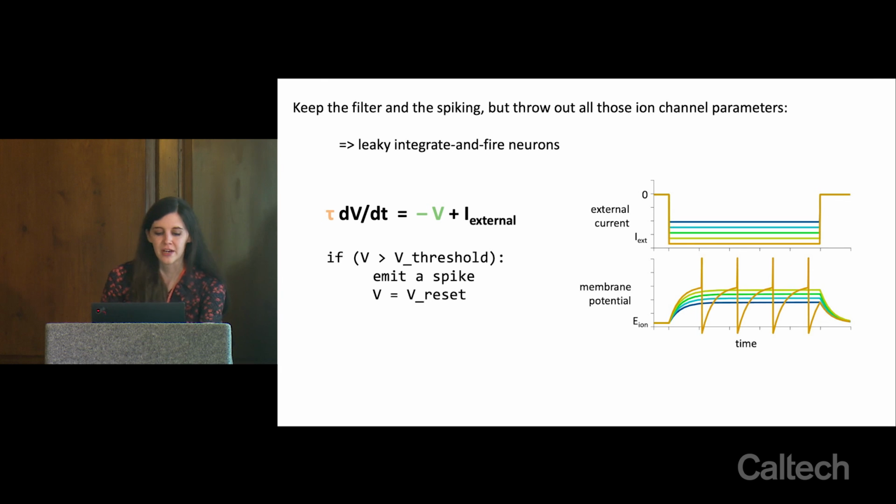That's a good question. Yeah, so I've been kind of treating it mostly as single neuron. If you had a population of these, instead of I external being this injected current, you would replace it with a synaptic conductance. So you'd have a weight matrix between cells. If a cell spikes, then any cell it gets input from gets a transient increase in current injection that decays over time. So what you'd really have is just a second equation pretty much of the same form, which describes how the current injection at that synapse is evolving over time. And usually it's like an increase and then an exponential decay down.